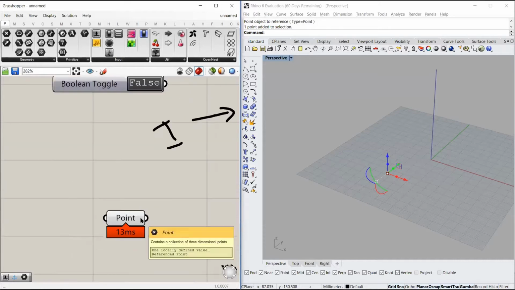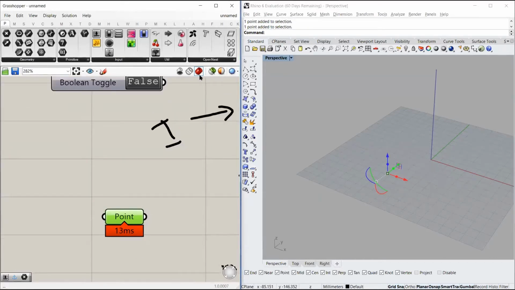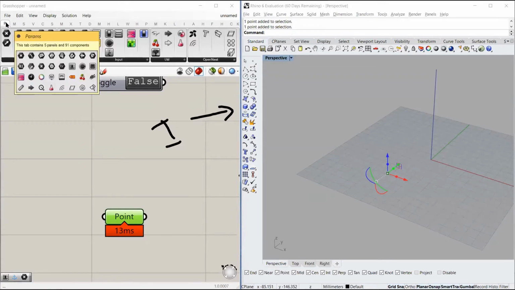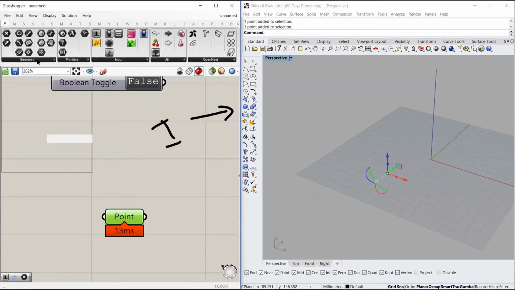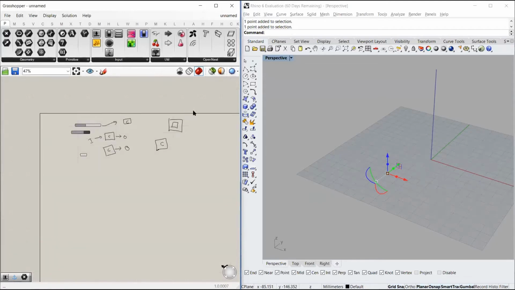This means the component is now working perfectly fine, and the point has been stored in this point container component. All these container components are found in this Params component tab under this geometry toolbar and this primitive toolbar. So I will erase this for now and delete this once again.